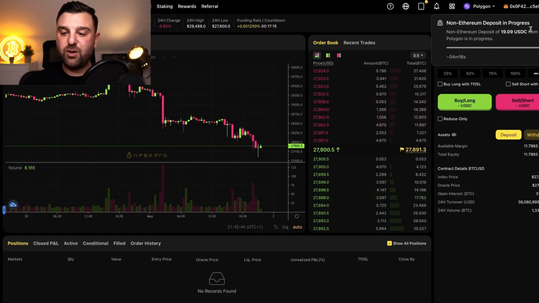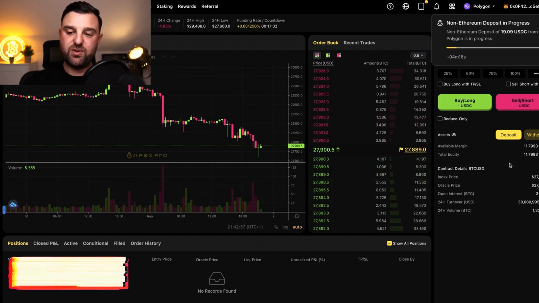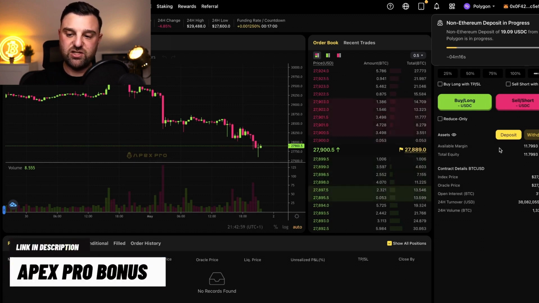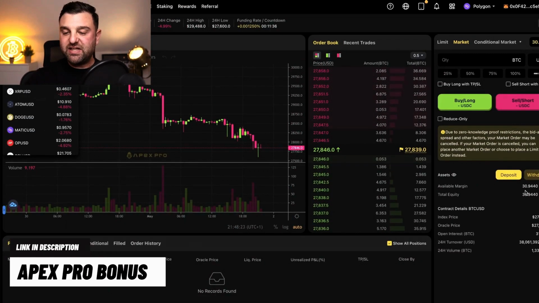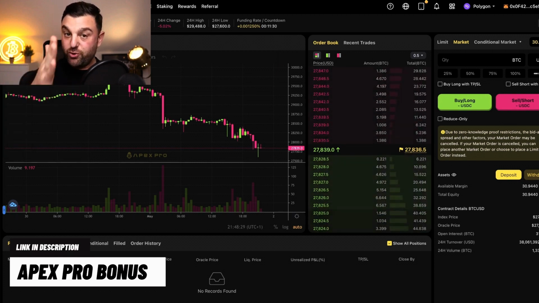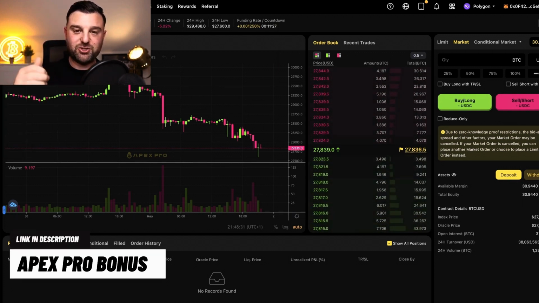Non-Ethereum deposit in progress. So it doesn't take long. This is estimated to take 4 minutes and 15 seconds, and then the funds will be available in my margin and total equity account. So you can see at the moment it's $11.80. In a moment it's going to be about $20 more, so about $31 or so. So now you can see that has been deposited. We have just under $31 in our account, and I assume, as someone watching this video,